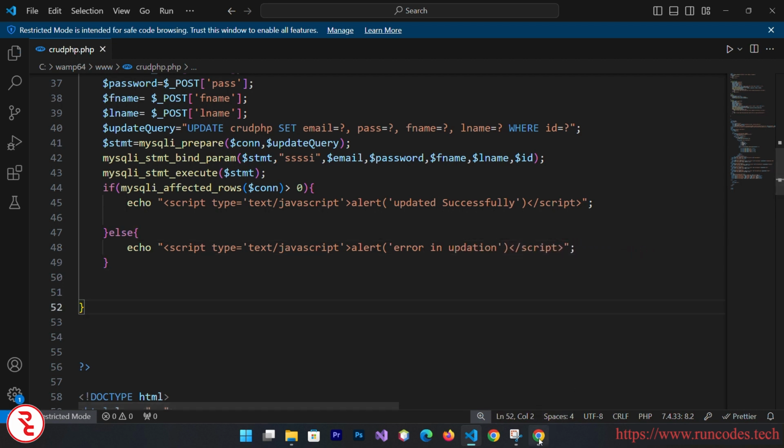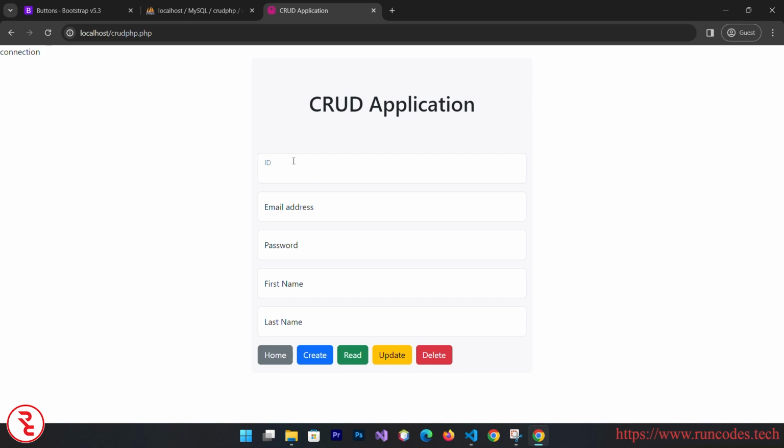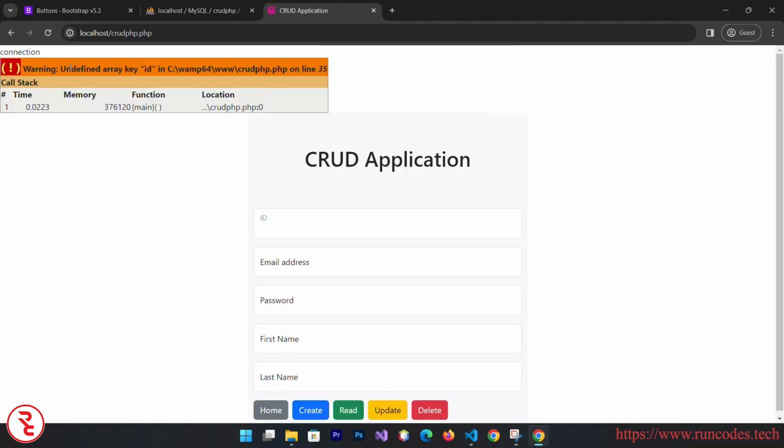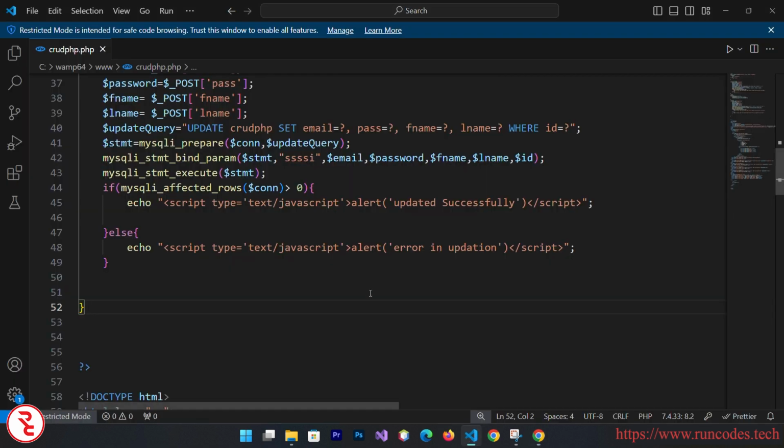Now go back to the browser, and here I'm going to update the ID of 3, and here goes email, run, and then click that update, and localhost said error in updation. That means we have an error: undefined array key ID. That means go back